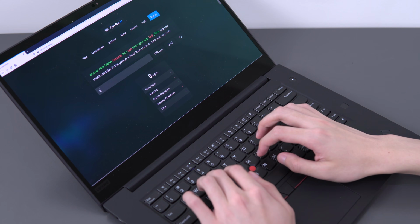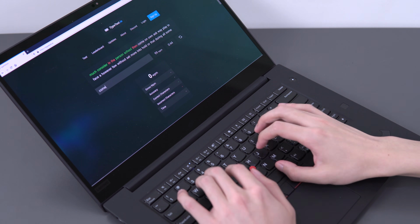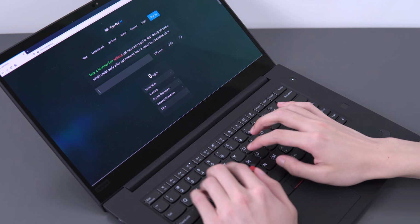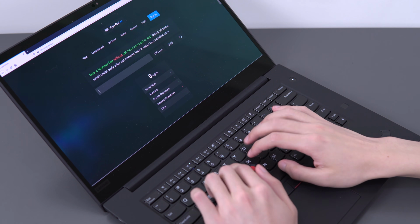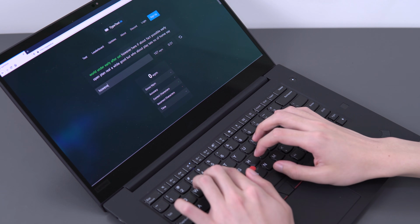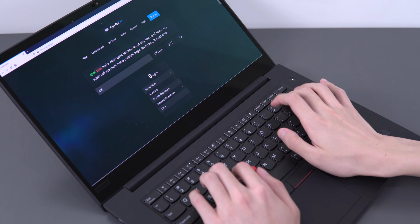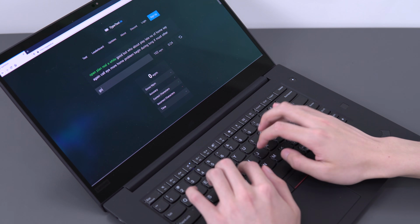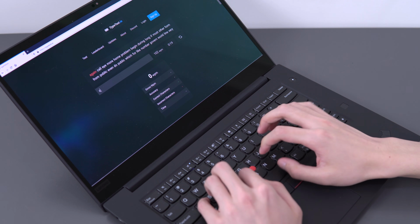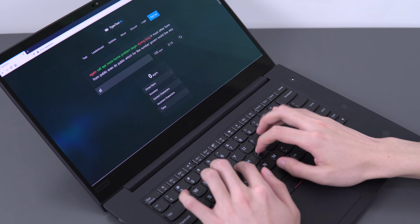It has similar key travel to the Surface Laptop 3, the 2015 and older MacBook Pros, and the Alienware M15. Coincidentally, I also think these four keyboards are some of the nicest that I've personally used. With a lot of the laptops that I review, generally I can hit around 105 words per minute. There aren't many laptops above $800 that negatively impact my typing speed to a significant degree. But in terms of comfort and typing experience, this is where the ThinkPad and those three other laptops that I mentioned excel. This is a very comfortable keyboard to type on, especially for long typing sessions,